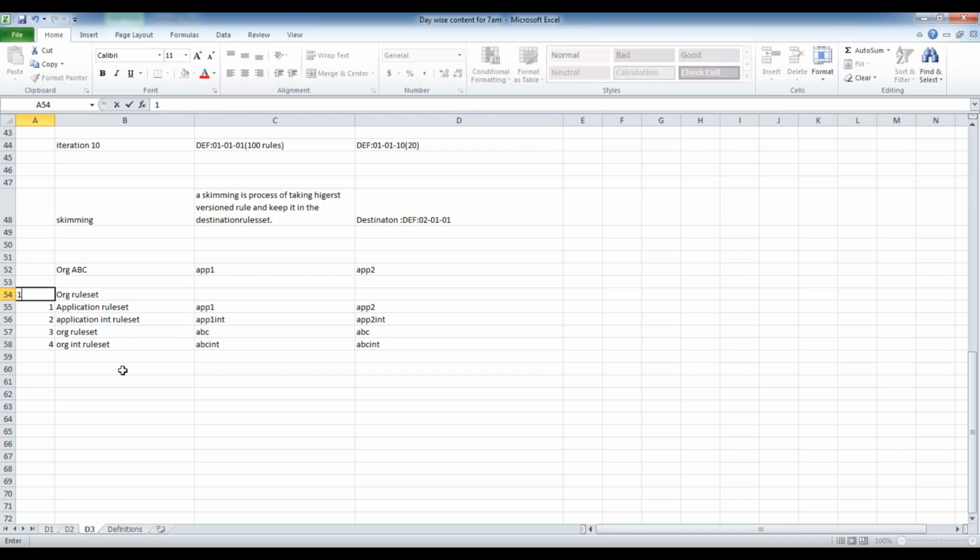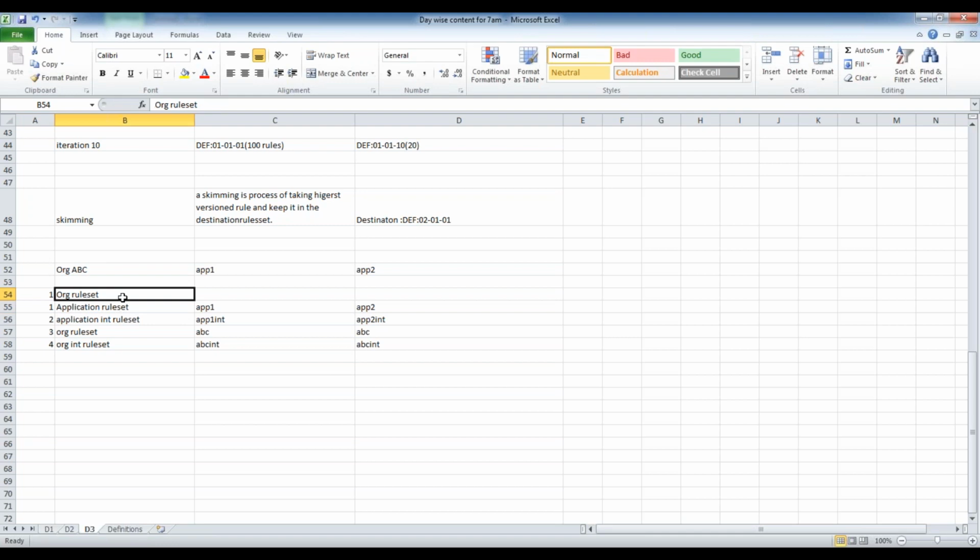And this is on the top. So now what happens? This application rule set cannot use the rule set from the top. Whatever rules are there below, only from those rule sets can the top rule set use. But here I am moving this organization rule set to the top. That means that organization rule set can use the application rule. We are changing the functionality of the application.